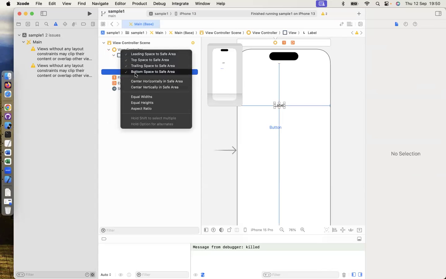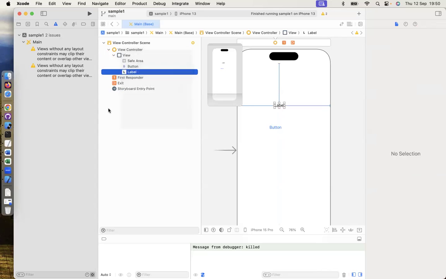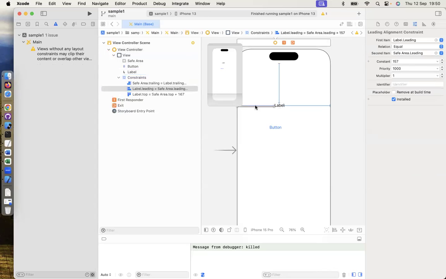We can easily understand the requirements, and based on your requirements, we can apply the constraints from here. What left, right, top and those functionalities are, I can easily explain. Don't worry about constraints. Constraints are a little bit complex, so I will explain that in detail.